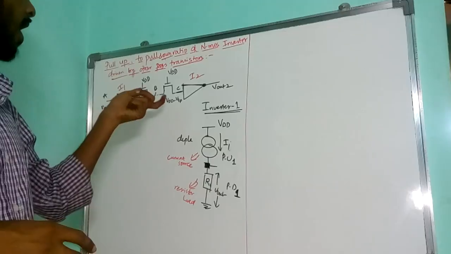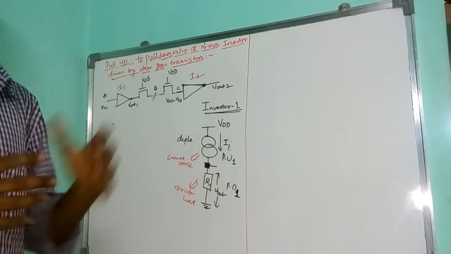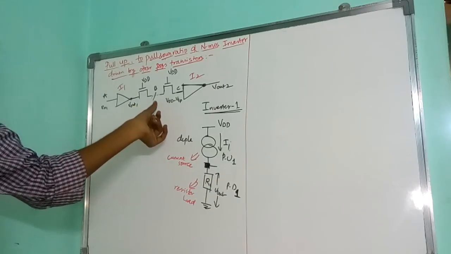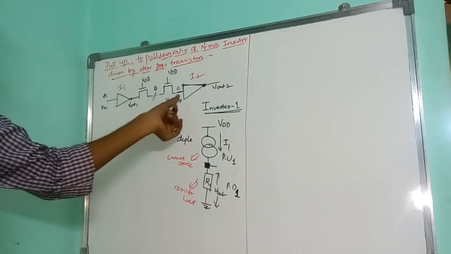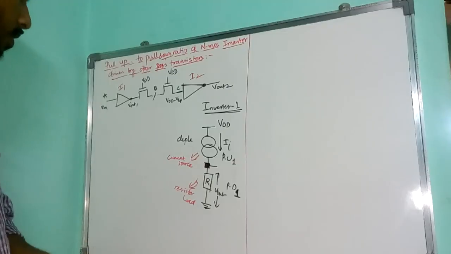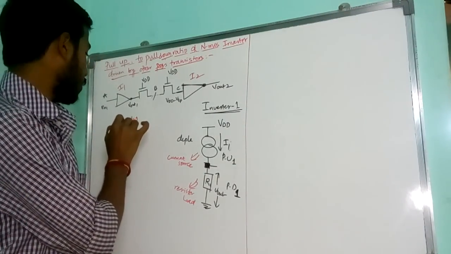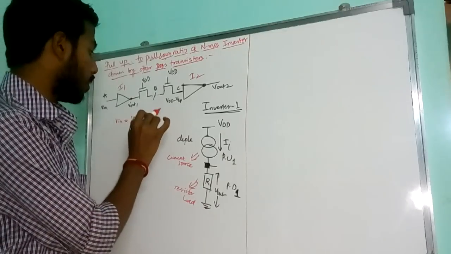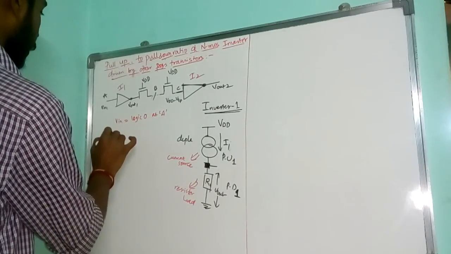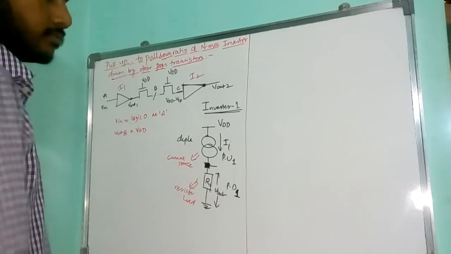Same case here, but we added one or more pass transistors in the middle between the two inverters. Now when I apply V input to this, I get a V output, and this V output is checked at B, and the same output goes to this C, and I get the overall V output. Now see, whenever I apply an input of logic 0 at A, I get V output at B. V output will be VDD.